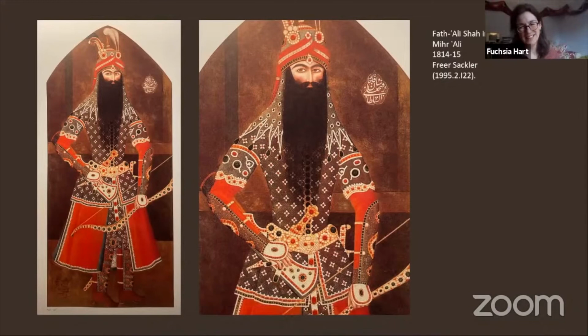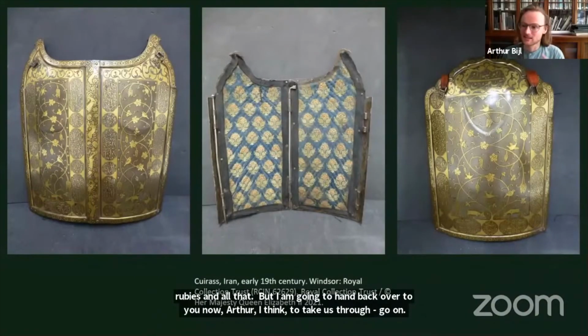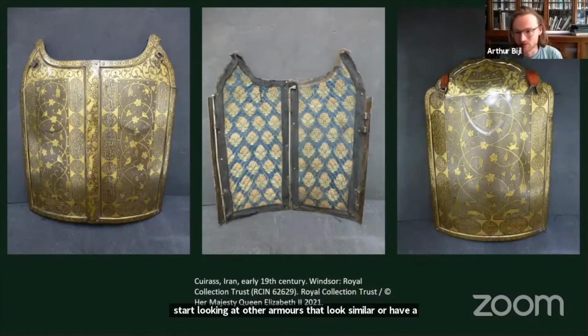What I really want to talk about is another armor. Of course, you look at an armor like this and you start looking at other armors that look similar or have a similar kind of story to them. And one comparable armor that I think must be mentioned in this context is an armor in the Royal Collection here in the UK,